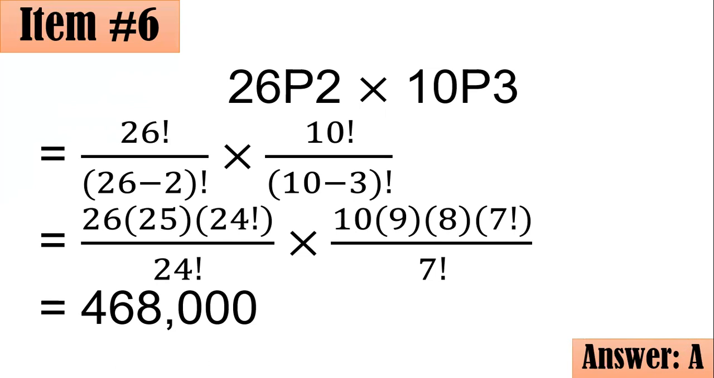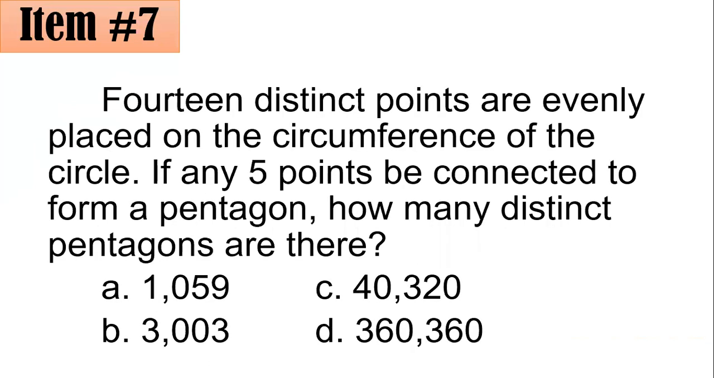Number 7. 14 distinct points are evenly placed on the circumference of a circle. If any 5 points be connected to form a pentagon, how many distinct pentagons are there? Is it 1,059, 3,003, 40,320, or